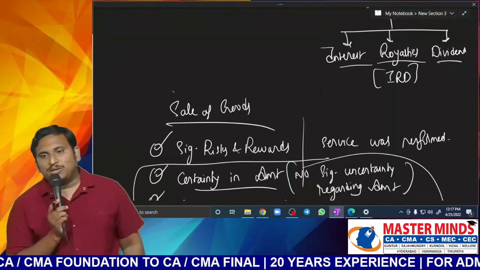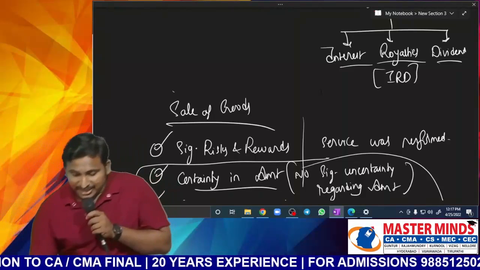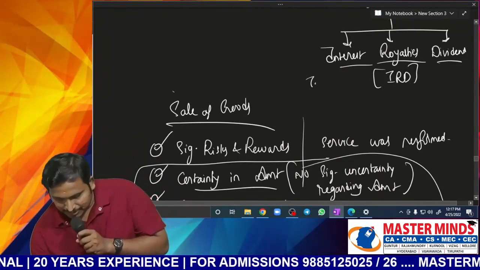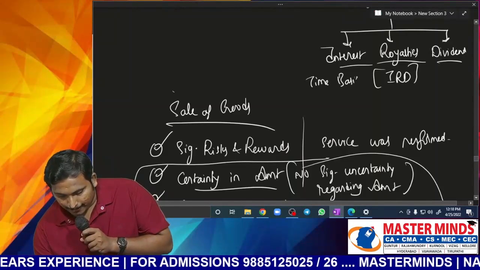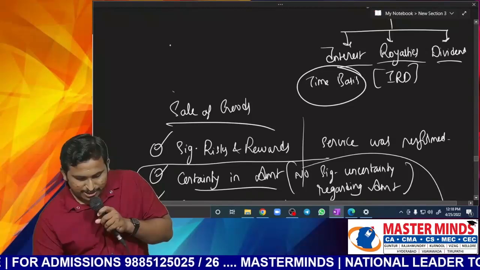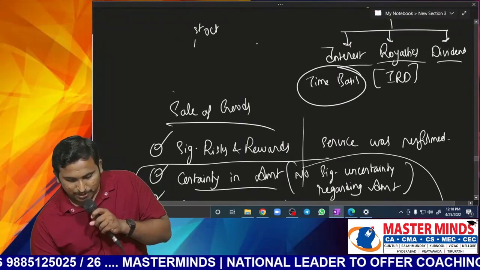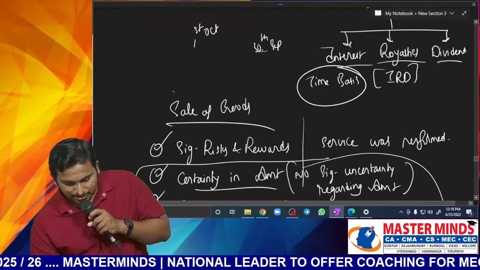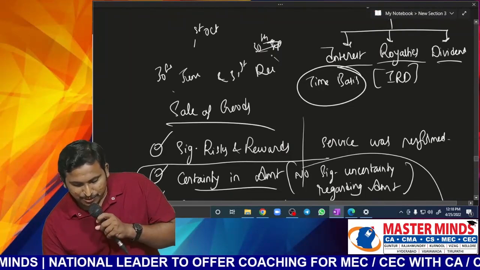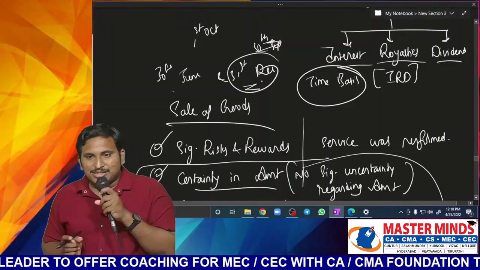Tell me when interest should be recognized as revenue, sir? When it is earned. In other words, on a time basis. Suppose I have invested in debentures of one company, sir. Let us assume I have purchased on 1st October. Now the due dates of the company are 30th September and 31st March, or else 30th June and 31st December. Can you please tell me when I might last have received interest? 31st December. Now by the year ending 31st March, shall I recognize the balance 3 months interest or not?